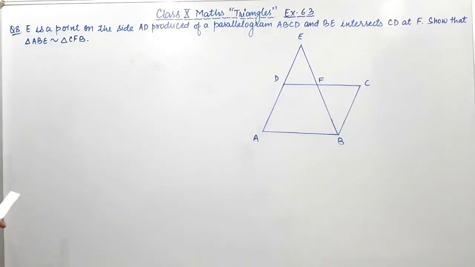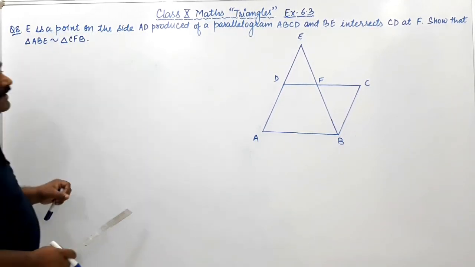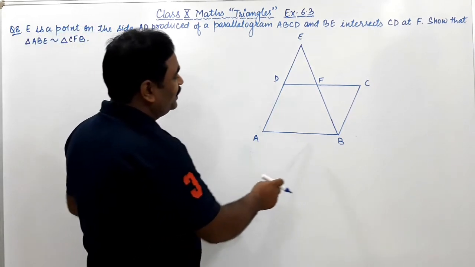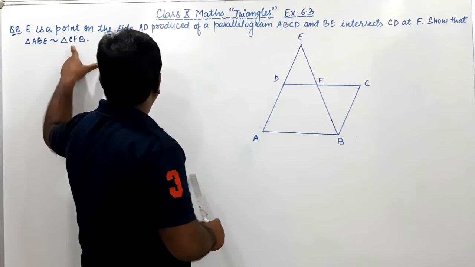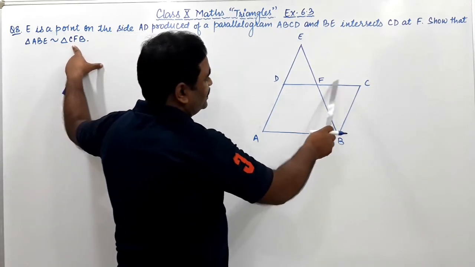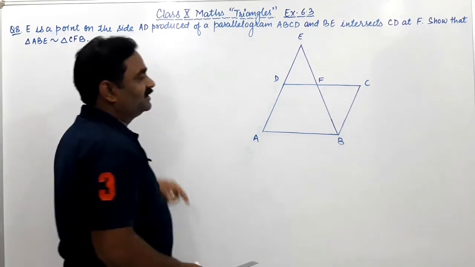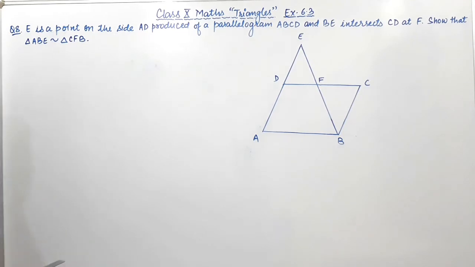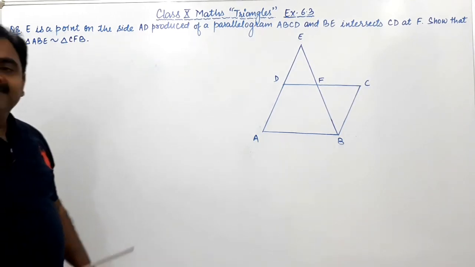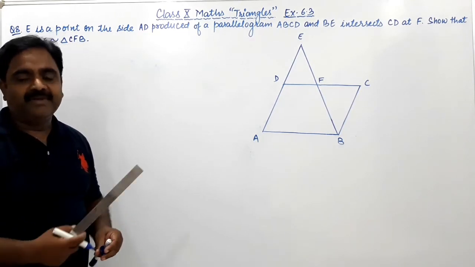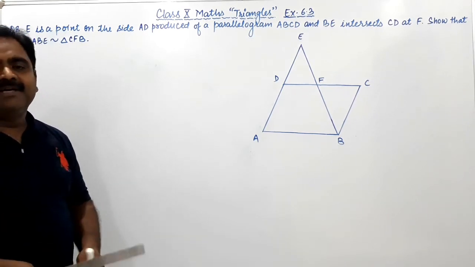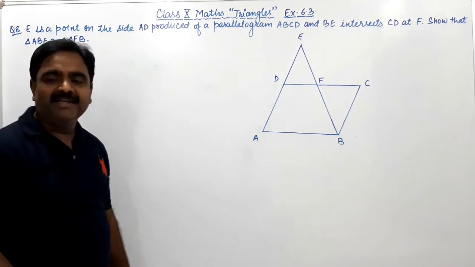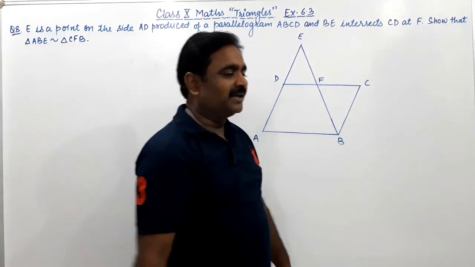Then so that ABE means this big triangle. It's similar to CFB, this triangle. Clear? Concept समझ में आ गया? Very good. तो फिगर क्लियर एक बार समझ में आ जाना चाहिए, बाकी प्रूव करने में आपको प्रॉब्लम नहीं होनी चाहिए, राइट?